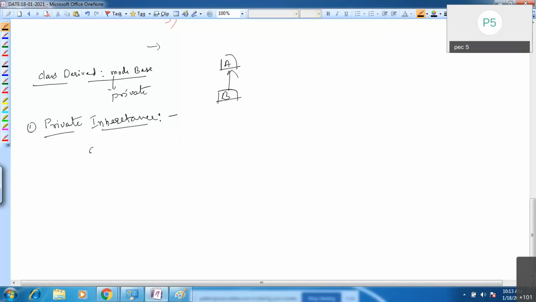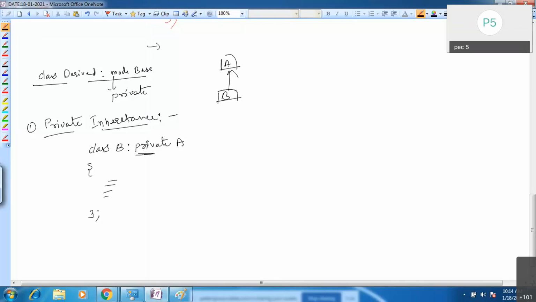See, class B, B is the derived class, colon, private A. This is private inheritance. Here you can write the data members. What happens if I use private here?